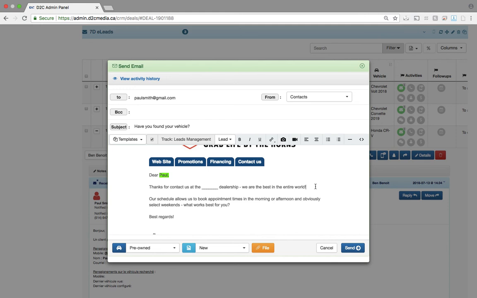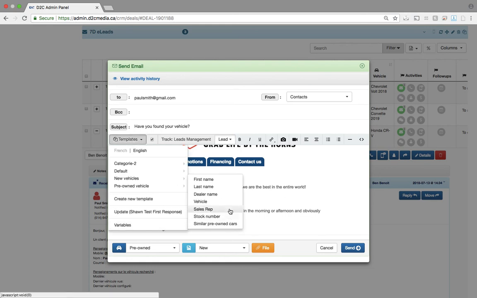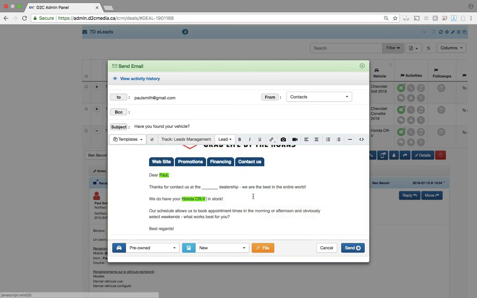We can also say, okay, and here we can say, we do have your, I'm going to put the vehicle in stock. So here I'm going to add a variable of vehicle. So I go template, variables, and I put in the vehicle. So we have your HRV in stock, or CRV in stock. So now it's kind of customized to the message to the lead, so they can see that it's personalized and it has the vehicle in there. And you're asking for an appointment. Again, very simple